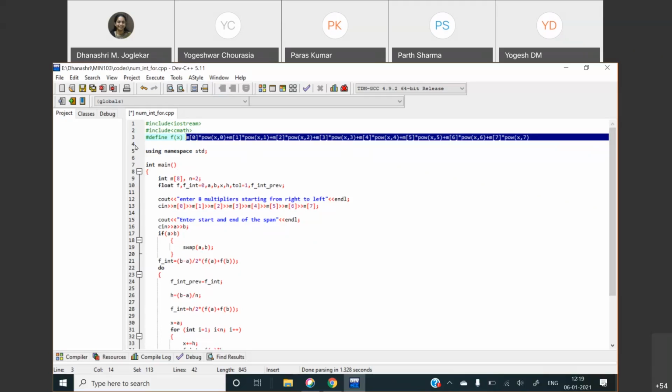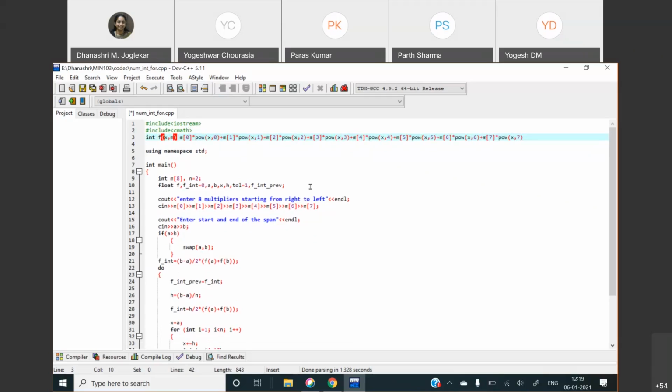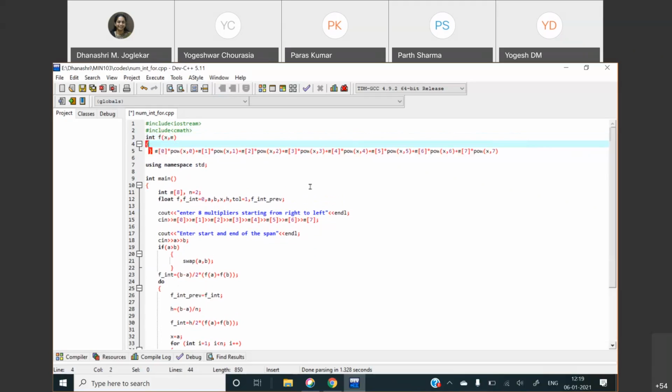So we could have defined an array in the function. You can pass an array to that function. So we could have written it as, we could have passed x and m like this. We would have defined int fxm, and then inside that function,